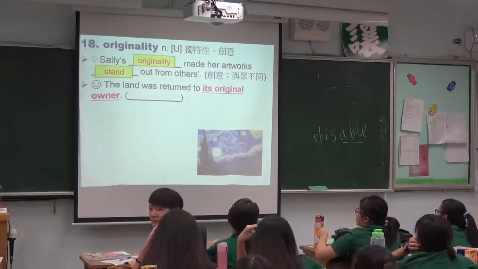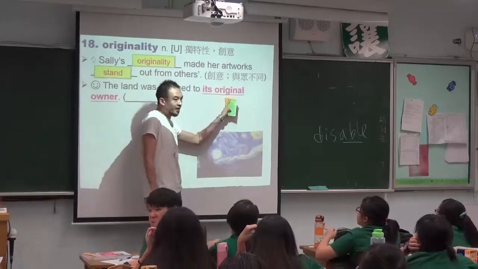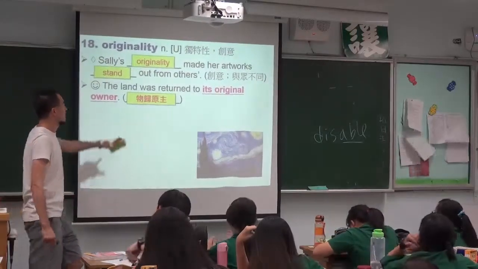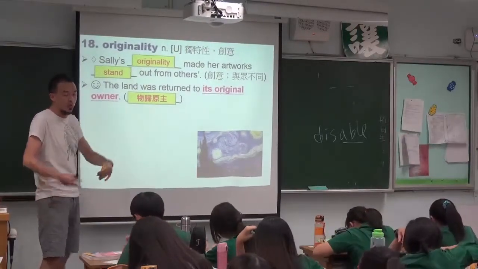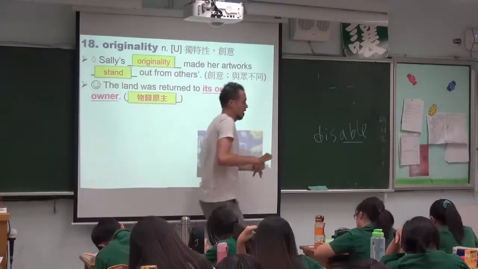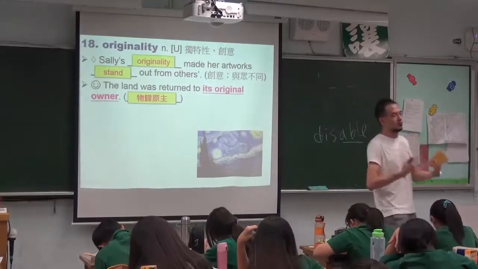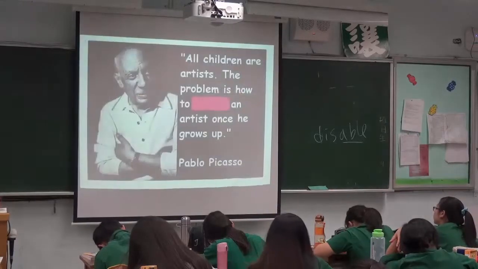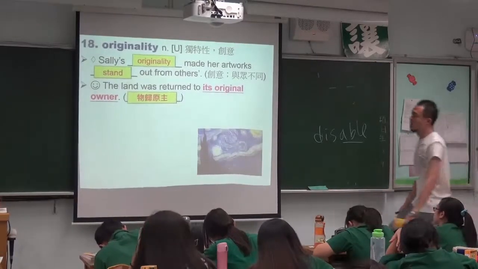its original order. So here the word original doesn't mean created, but means 原本的那一个人. Here, when you say original order, you mean the person who owns it, the person who has the very right to have something. Okay?